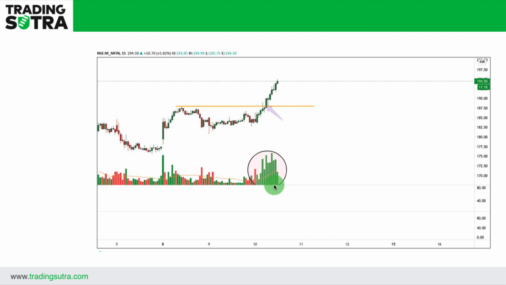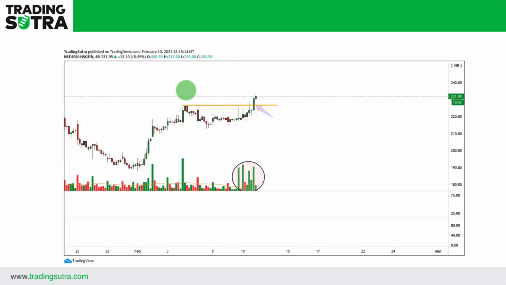If you are applying it for intraday, just apply it on a 15 minutes time frame or 30 minutes time frame, right? And if you are using it for swing trading, you have to apply this on a 1 hour time frame. So do we have any example of swing trading on a 1 hour time frame? Yes, we got an example in today's session, a healthy breakout, the same breakout. Let's have a look at that stock. This is the stock which I am talking about. On the 1 hour time frame, we got a very nice breakout with a very nice closing of the candle on the 1 hour chart, and with nice volume. Look at this, the same pattern, the same breakout candle, and the same kind of volumes we are getting on the 1 hour time frame.